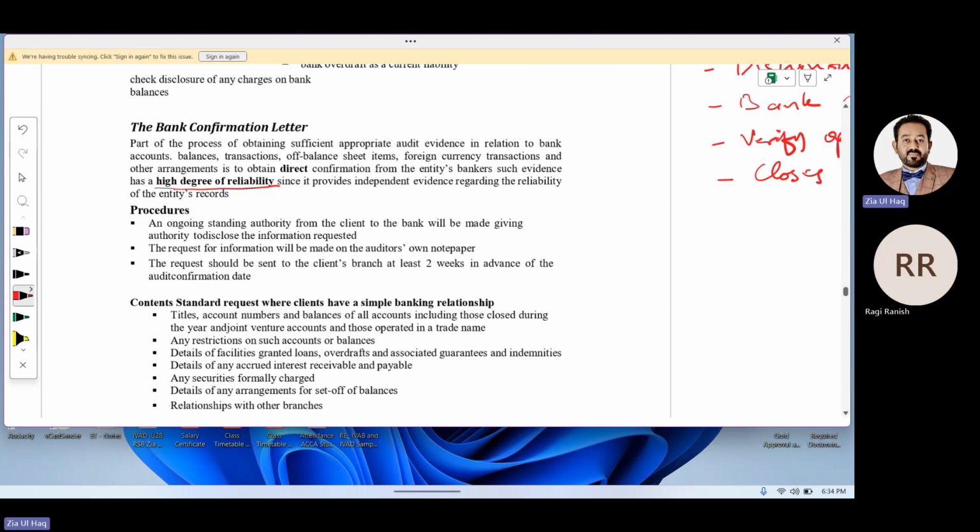What are the procedures? An ongoing standing authority. Ongoing standing authority means any person from our client who is dealing with the bank should permit the bank to provide information to the auditor. If any management person of our client is not permitting the bank to provide information to the auditor, this means we cannot perform this. So ongoing standing authority means client management should provide permission to the bank